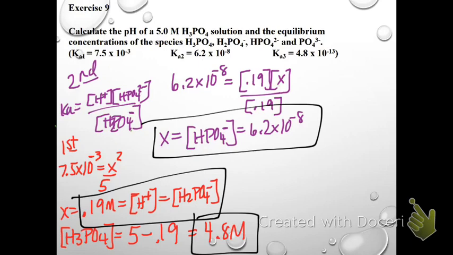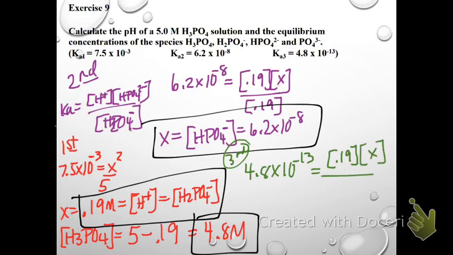Ready for the third dissociation? The reason we have to do the third one is because we need the phosphate value. So now we're really getting to a small Ka. Let's do third. So 4.8 times 10 to the negative 13 is equal to 0.19, right? Yes. X over 6.2 times 10 to the negative 8. So X, which is equal to the phosphate,